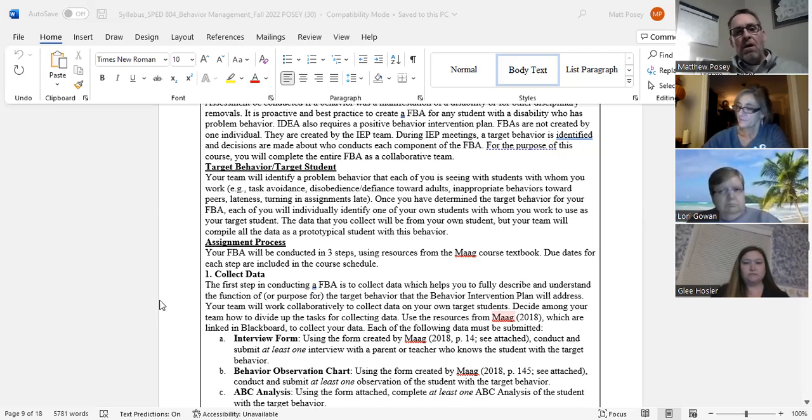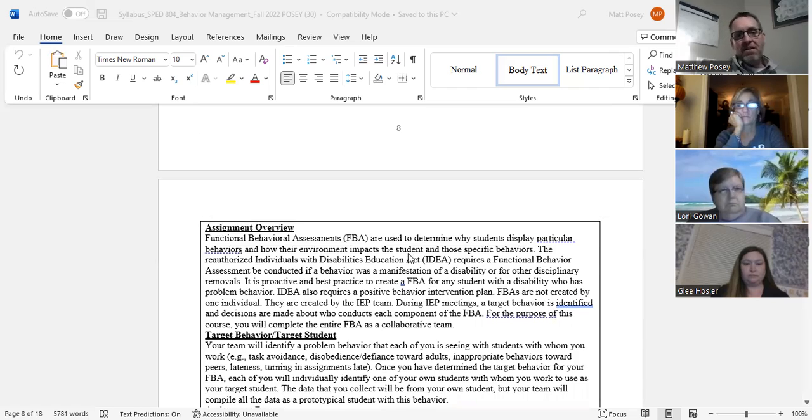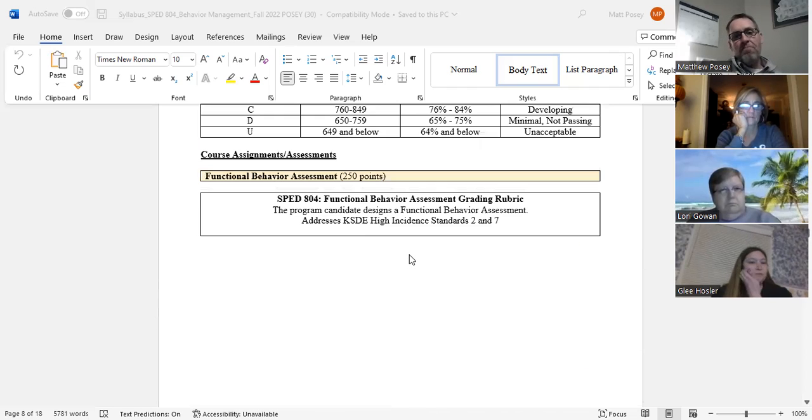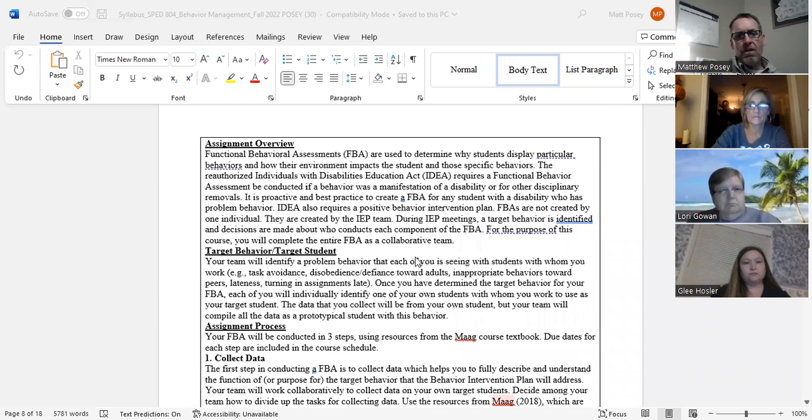So we're going to talk about step 1. It's broken down into small increments here. So looking at the FBA assignment, let me get down here. The first thing we're going to do for step 1 is your group that you've signed up with basically need to collaborate and kind of talk about a common problem, behavioral issue that you're seeing within your group back in